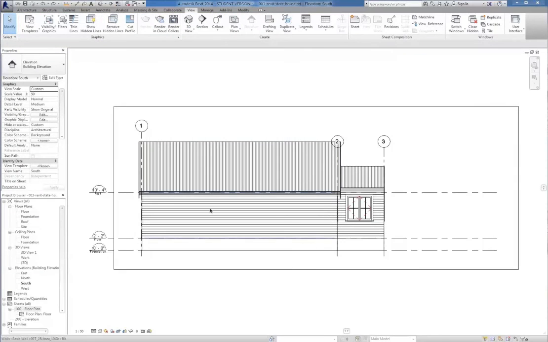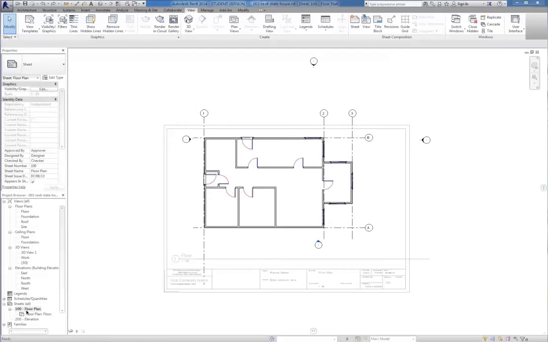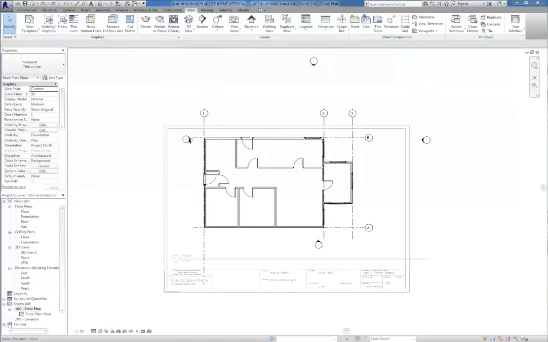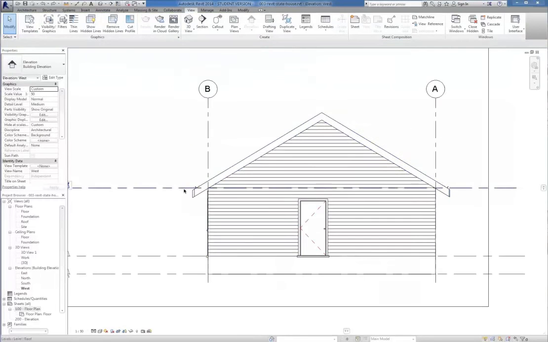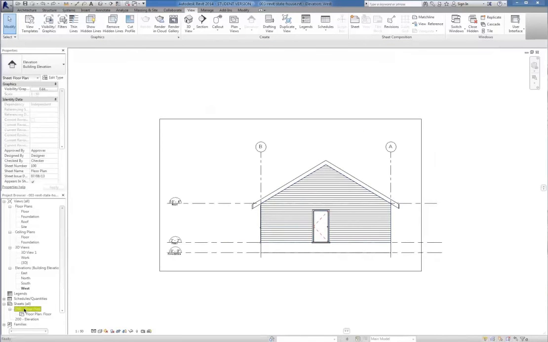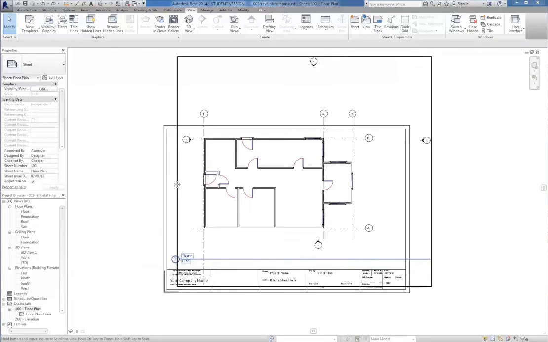the elevation view labels. So see how I double clicked on it and it went straight to the south elevation. So if I go back onto that sheet, and if I double click on this one, it'll take me to that elevation. So everything's linked in as well, which is pretty cool. But